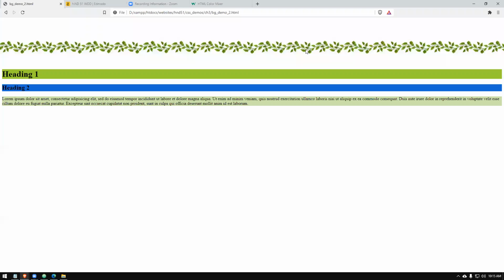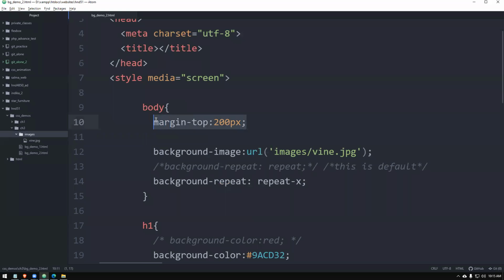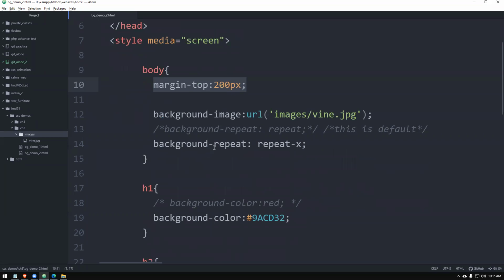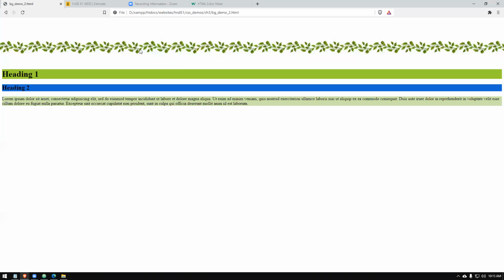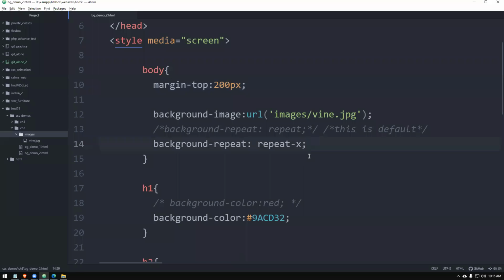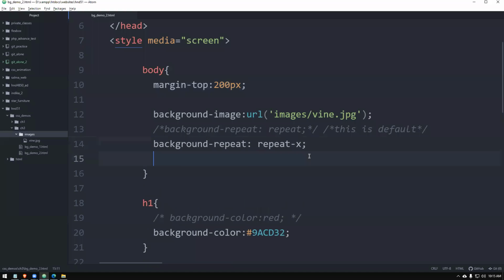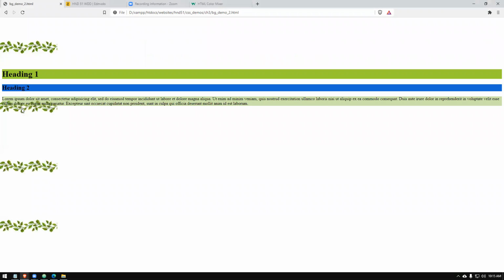Anyway, what you see there is background-repeat. I just wanted to clearly show you that. So ignore this one. I will teach you this later. So it says background-repeat, how you want to repeat it. I wanted to repeat it in this direction, so I just repeated like that. If you want to repeat it in the Y direction, you can do so. So it is repeating in this direction also, right?